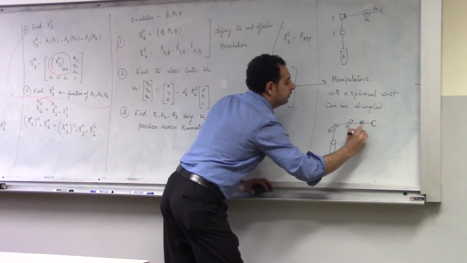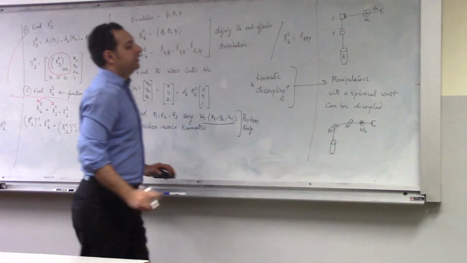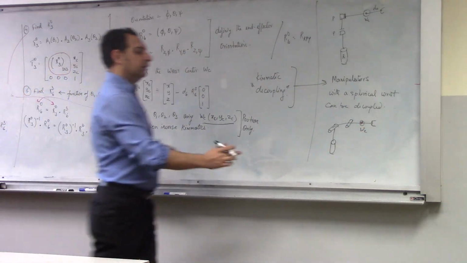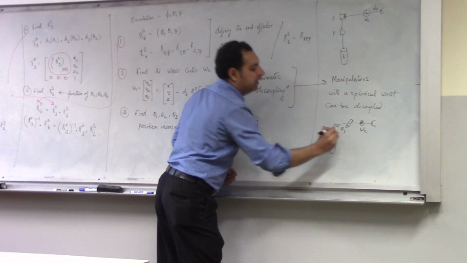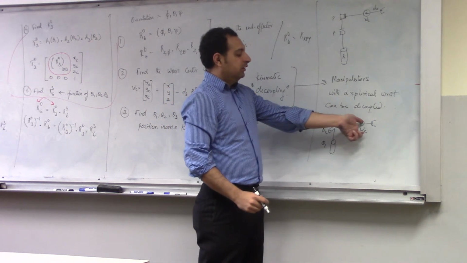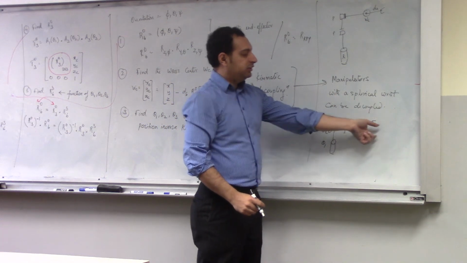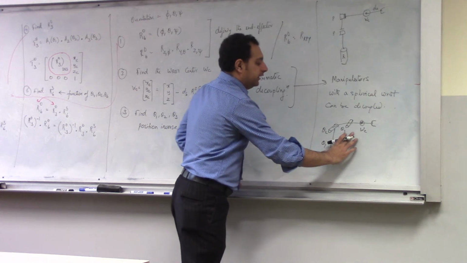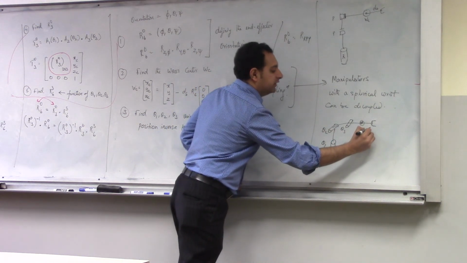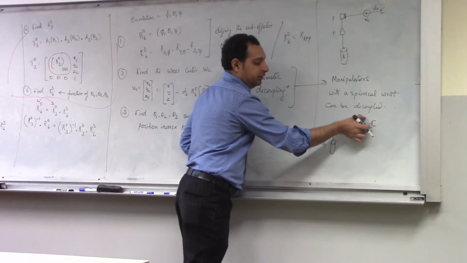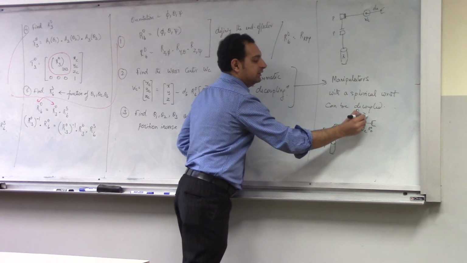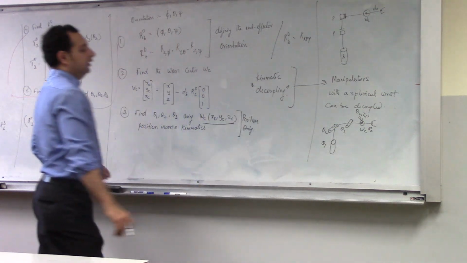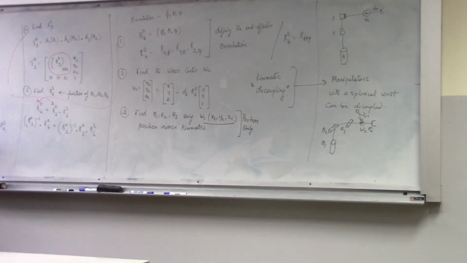Or I can have, just as we did, an articulated manipulator with a spherical wrist. So what you'll do is you'll work out the inverse position, then solve this part, theta 1, theta 2, theta 3, as we did already. Construct the R03 matrix from theta 1, theta 2, theta 3, then find R36, which is the orientation only due to these angles, theta 4, 5, and 6, and then you solve the matrix by doing an inverse Euler. Okay, so this will give you a complete